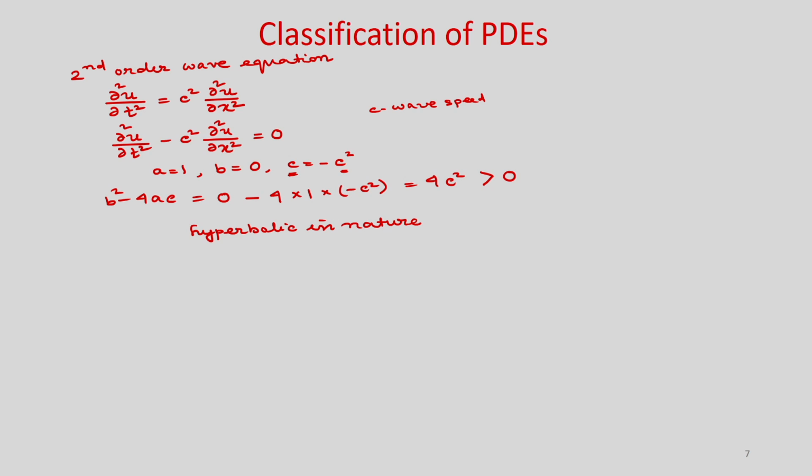Okay. So, now we have considered 3 different second order PDEs. One is the 2 dimensional heat conduction equation, which is an elliptic equation. Then we considered the 1 dimensional unsteady heat conduction equation, that is a parabolic equation, and then we considered the second order wave equation, and it is a hyperbolic equation. Now, let us consider another equation which is known as the Tricomi equation.